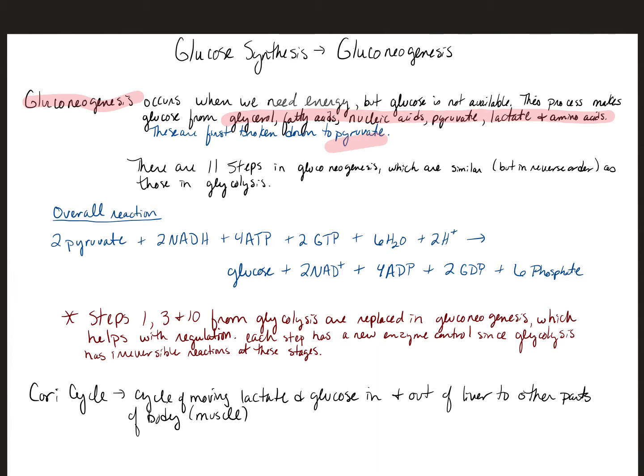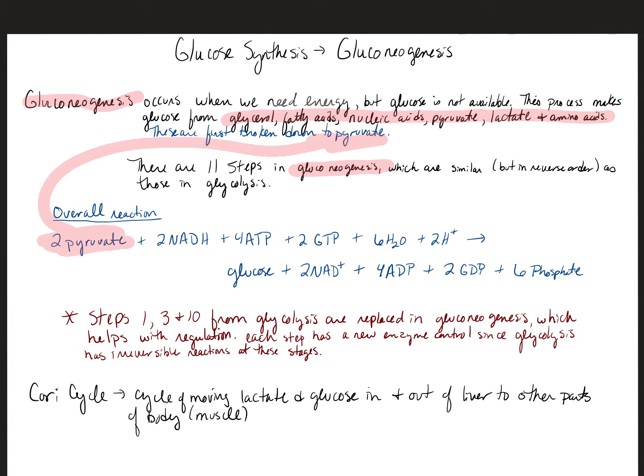There are 11 steps in gluconeogenesis. They're similar, but in reverse order to those in glycolysis. So I did not write all of those out here, but I want to go through the important steps and the important differences. But before we do that, the overall reaction is that 2 pyruvate, as I said,